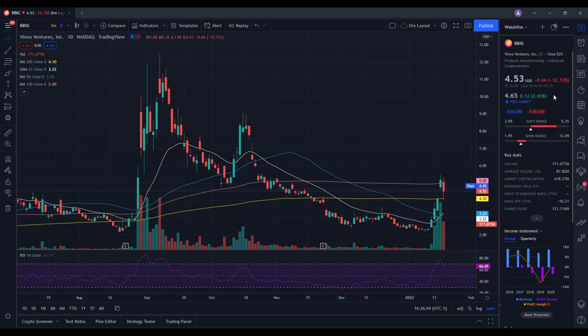So we're going to do a technical analysis for BBIG. Let's see how it performed on the day. So it ended up closing at $4.53, being down 12.72%. On the low, it tested $3.99, and then on the high, testing